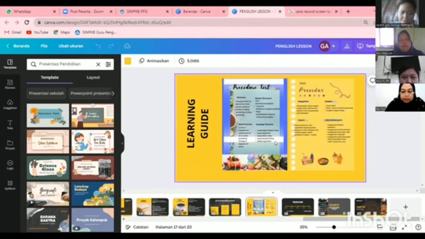To help you answer the LKPD for activity 1 and activity 2, I will give you a learning guide. The first one is the procedure text in English, and the second one is the procedure text in Indonesian. So you can recall your knowledge about procedure text by reading this learning guide.